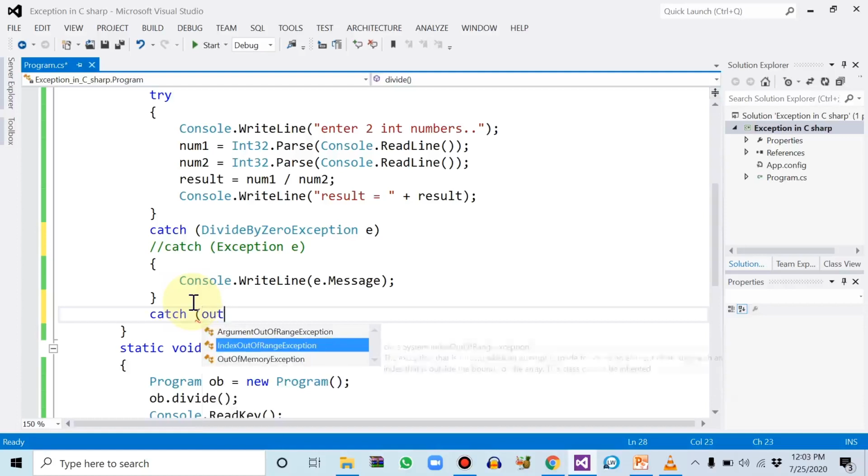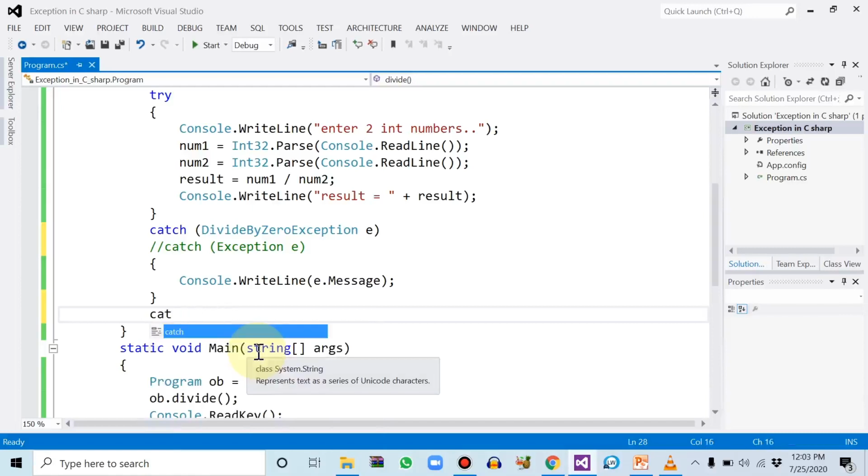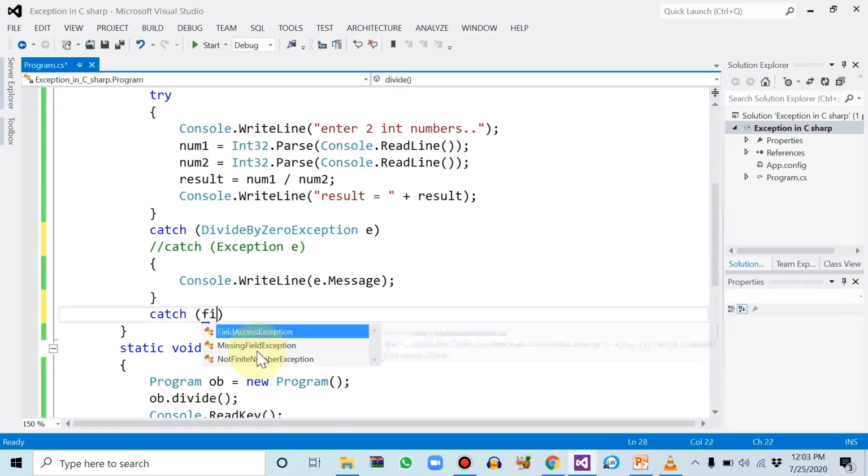Let's say index out of bound range. This error means that when an attempt is made to use an array having fewer elements and we want to access the 10th element, the 20th element, which is out of the bound. So we have a number of specific exceptions, file not found exception.